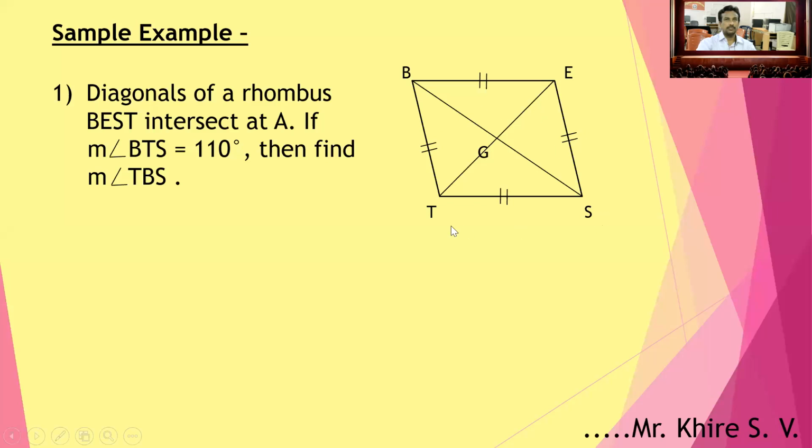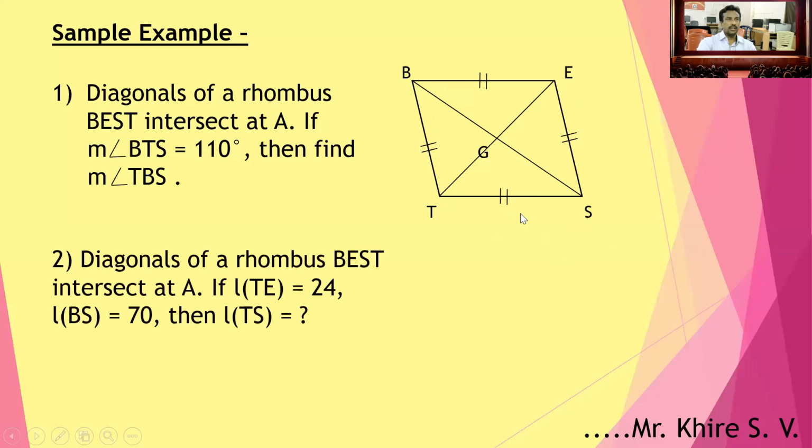In the figure there is quadrilateral BEST. BEST means best, because our school is the best, SBNS students are also best students. So you should study hard, study carefully, attend all classes. Okay, all sides of this quadrilateral are congruent. Therefore, it is a rhombus, and A is the intersection point of these two diagonals.